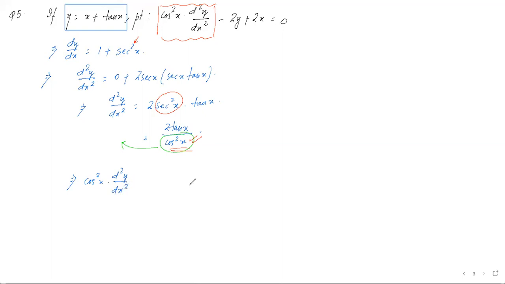This is the specific aspect I was talking about. In questions there are some specific things, and to prove them we have to keep track of our twists and turns. Purposefully we have made this sec square x into cos square x. Then cos square x is going to the left hand side. We got the very first term, as you can see. And on the right hand side, we are left with only 2 tan x.